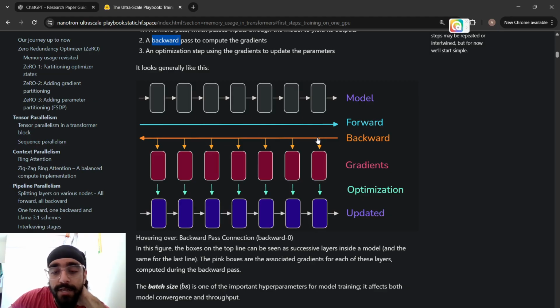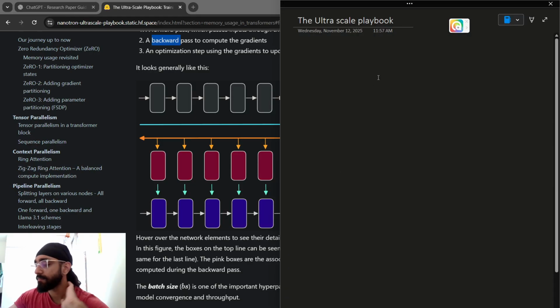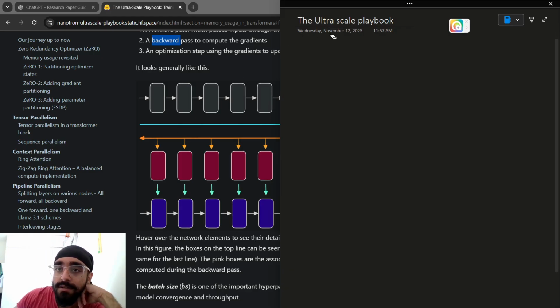And to do that, oftentimes we need to store intermediate tensors, because for example, I can show you some visualization. No, I don't like this. Let's